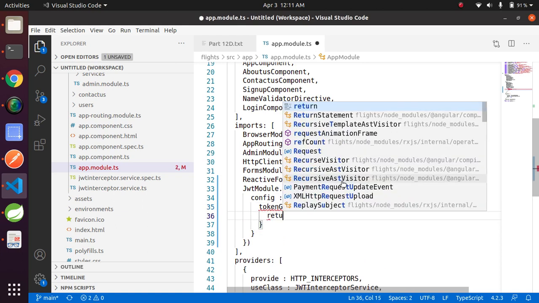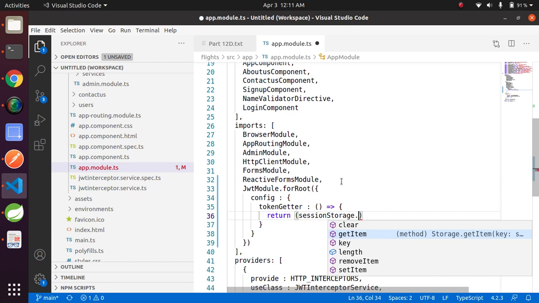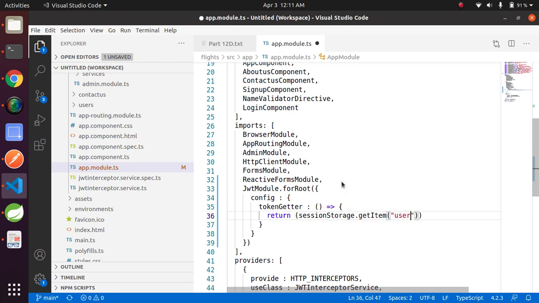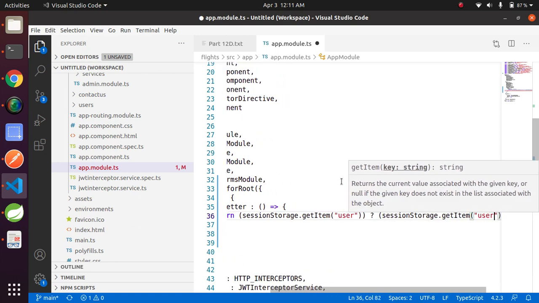Then return token. The first step is to check whether the token exists in session storage or not. Let's use the ternary operator here. sessionStorage.getItem user. If the condition is true, then we need to return the token from the session storage. sessionStorage.getItem user.